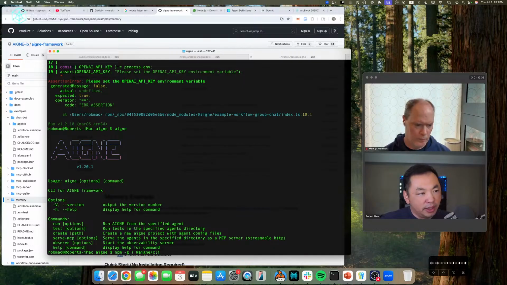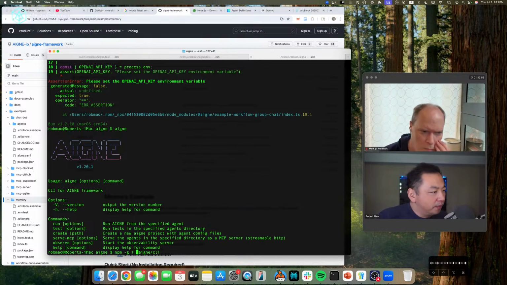Once you have Node.js installed, you have npm, and -g is an option called global. It basically means once you use -g, your whole system is going to have AIGNE as a command line, right? i means install, right? And @aigne is our name, and /cli is the package name.